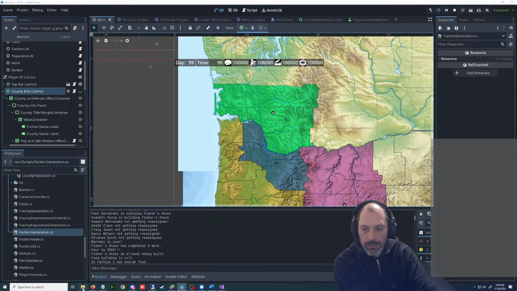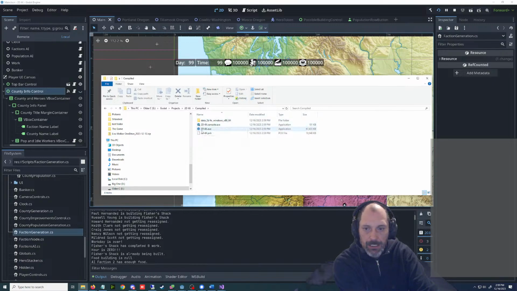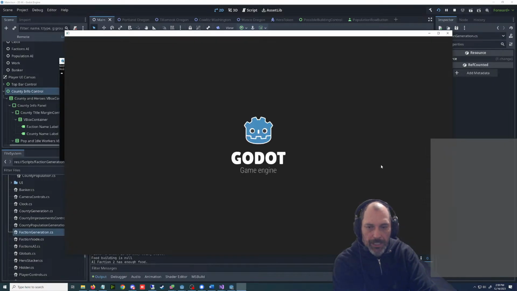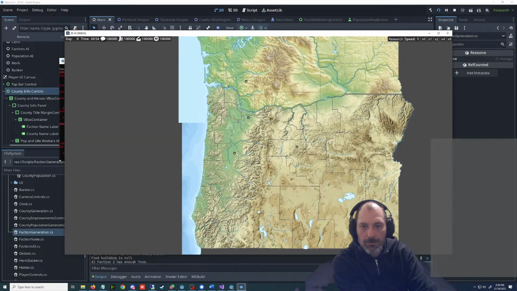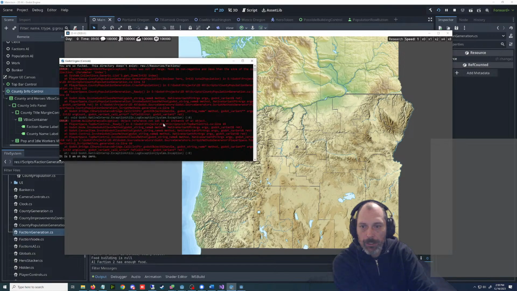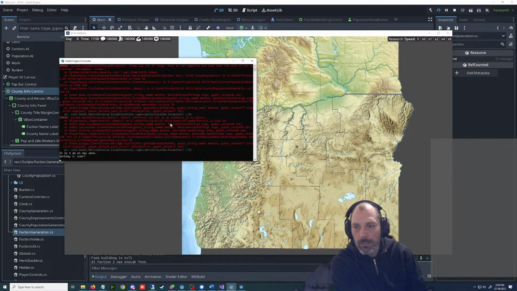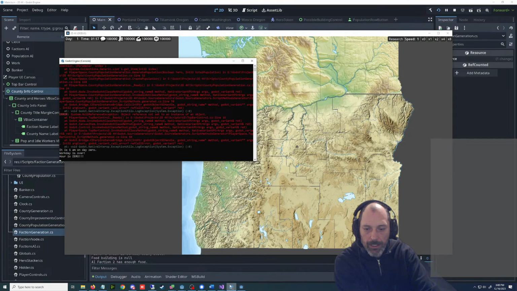We can close this thing, open this up again, and 2D4X compiled. What time is it? 2:59. That's the current time. We're going to get some other bugs, but I just want to see if these went away. Load names. It did not go away.